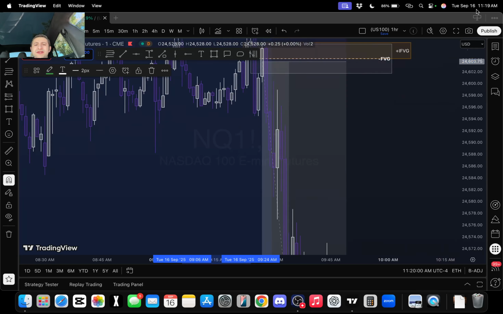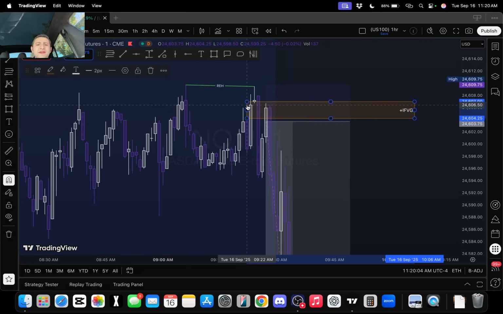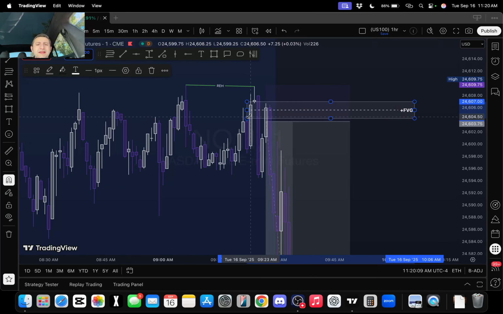Immediately, this inversion fair value gap. So let me take this off so you can see. Here is an original fair value gap. This is a fair value gap going bullish, right? It's originally bullish with a volume inversion here in between the bodies. But market makes that relative equal high. And if you could see, this is a lower high right here. At 924, that is a lower high. And then imbalance, price candle, 925, leaving an imbalance behind.